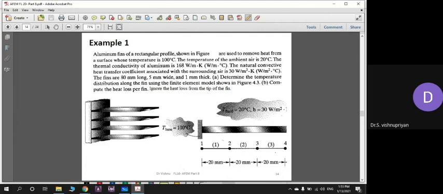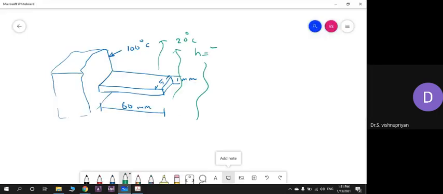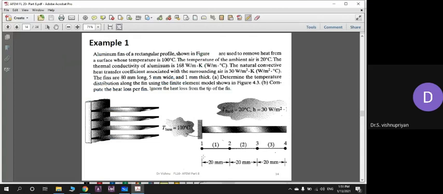So if you recollect our discussion before, we said this can be done in two ways. In the first case, we don't consider the heat loss through the tip. That is, heat loss through this tip must be ignored. That's what the problem says. So they have shown also how this must be discretized. They say use 3 elements of equal length, 20, 20, 20, meaning 60 millimeters total.